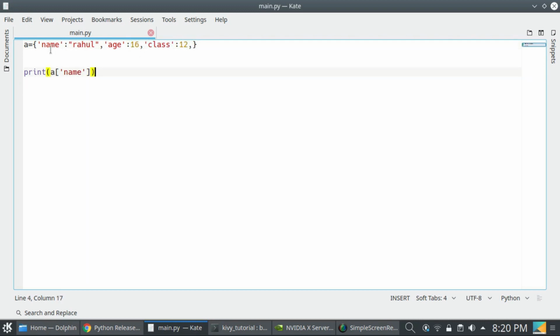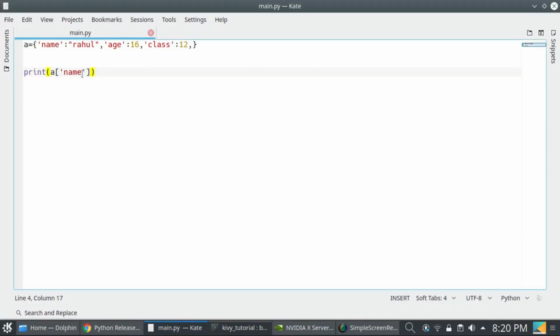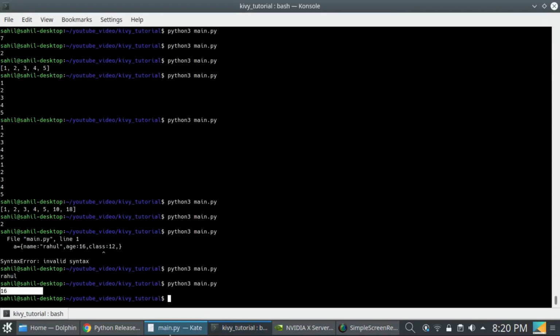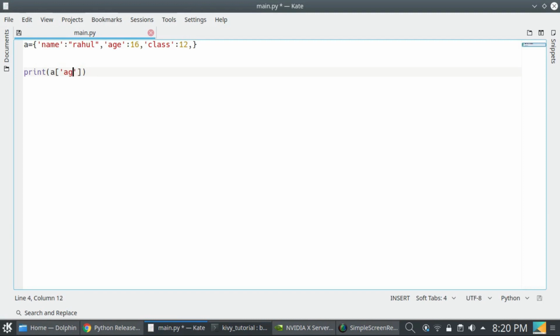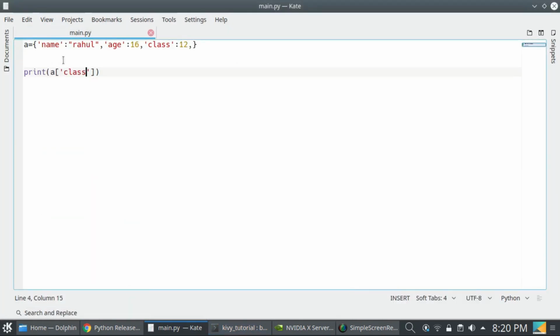So I can access Rahul or values of that dictionary by using the key. So to run this, you can see that Rahul is here, and I can access the age. Here is the 16, or I can access class. So this is a dictionary.